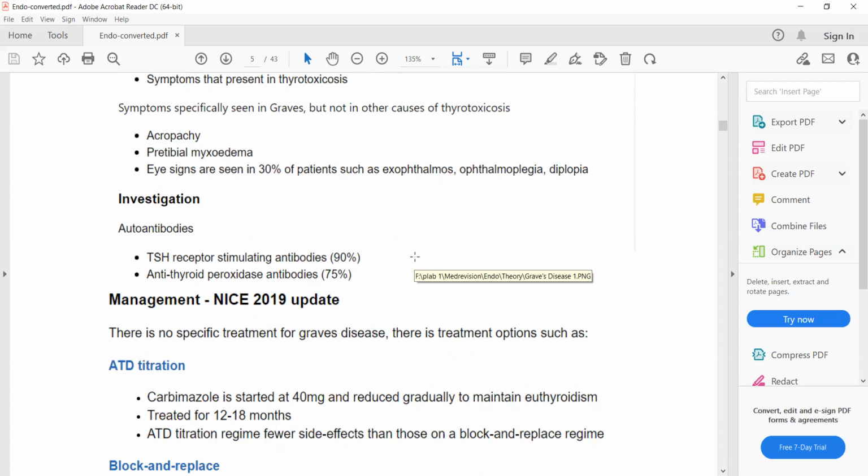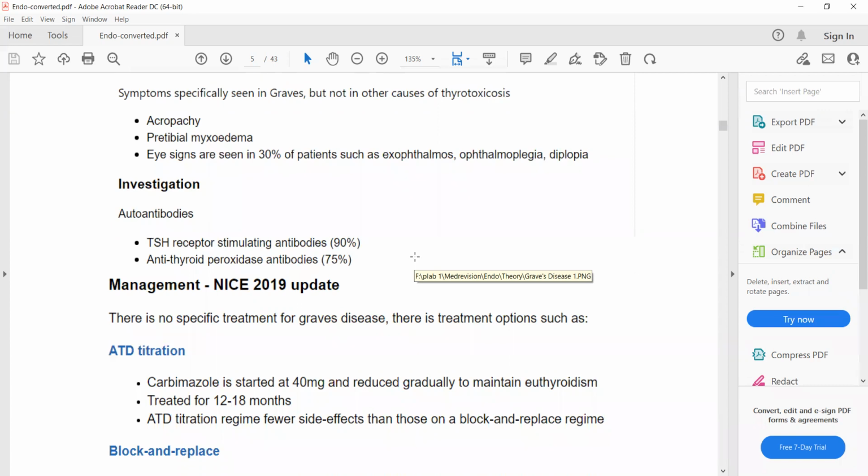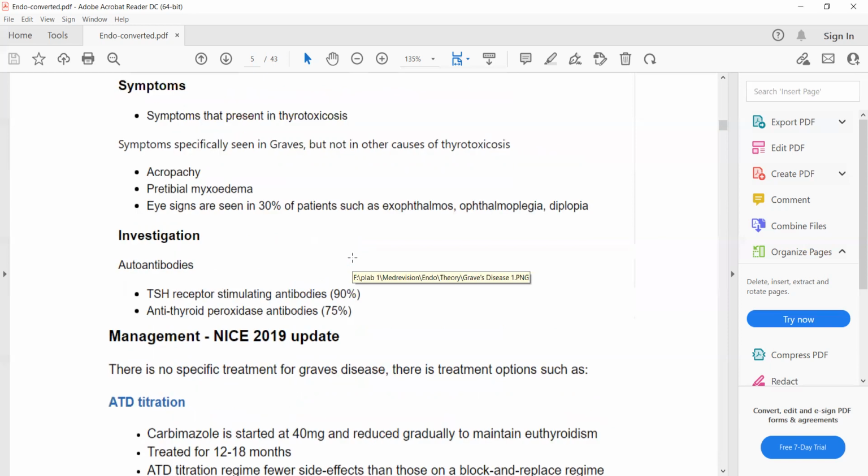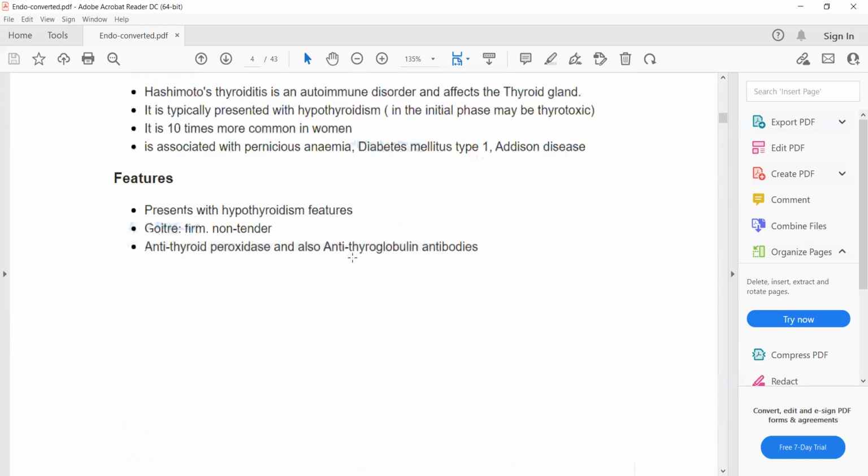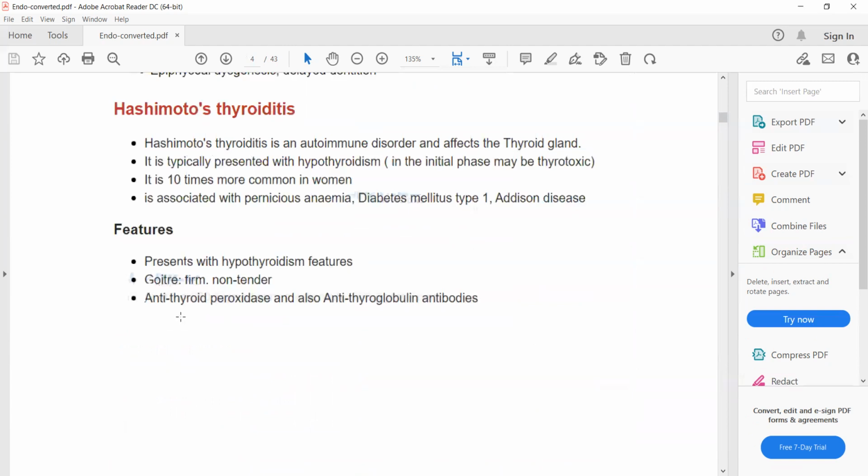So investigation will show raised T3 and T4 and low TSH, while the autoantibodies that are found in Graves' disease are TSH receptor stimulating antibodies in 90% of the patients and anti-thyroid peroxidase antibodies in 75% of the patients. So let's compare it to the antibodies that are found in thyroiditis, which are found in both Graves' disease and in